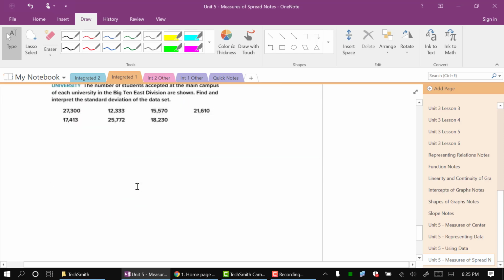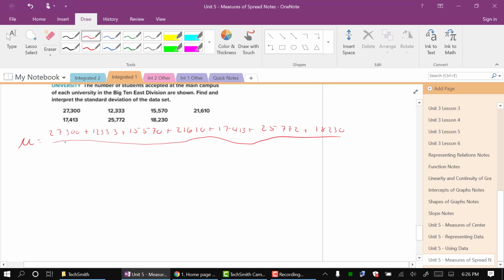So let's start off. Let's find our mu. That gives me 27,300 plus 12,333 plus 15,570. All this is from up here. Plus 21,610 plus 17,413 plus 25,772 plus 18,230. And all that is going to be divided by 7. So this gives us